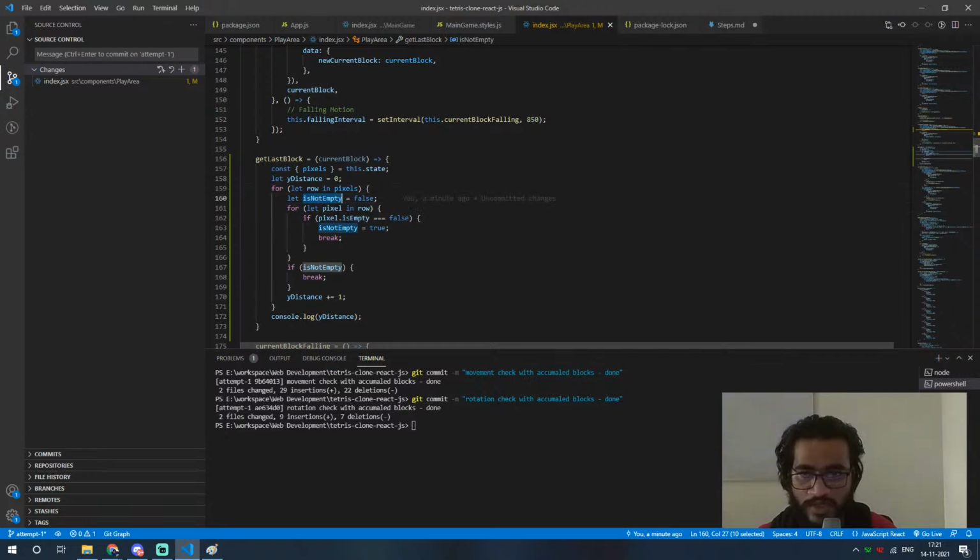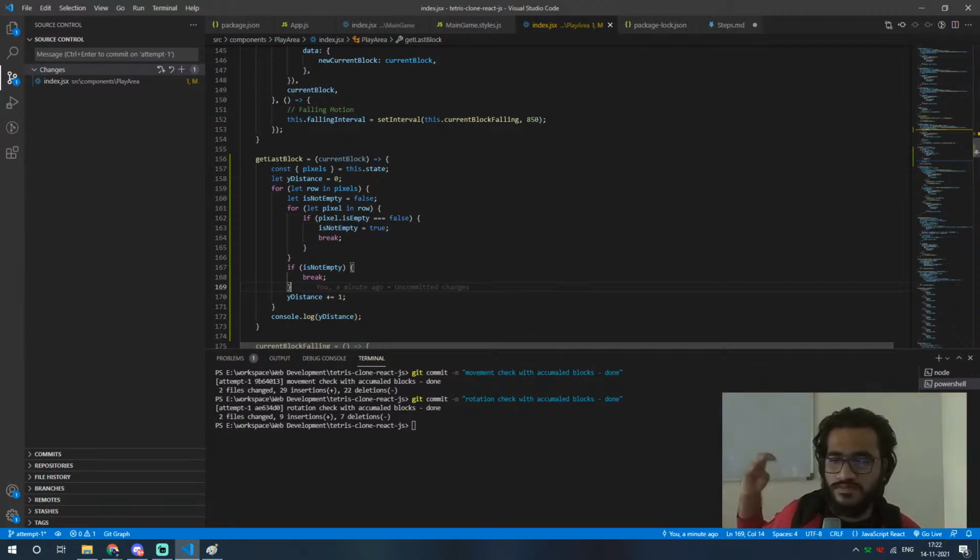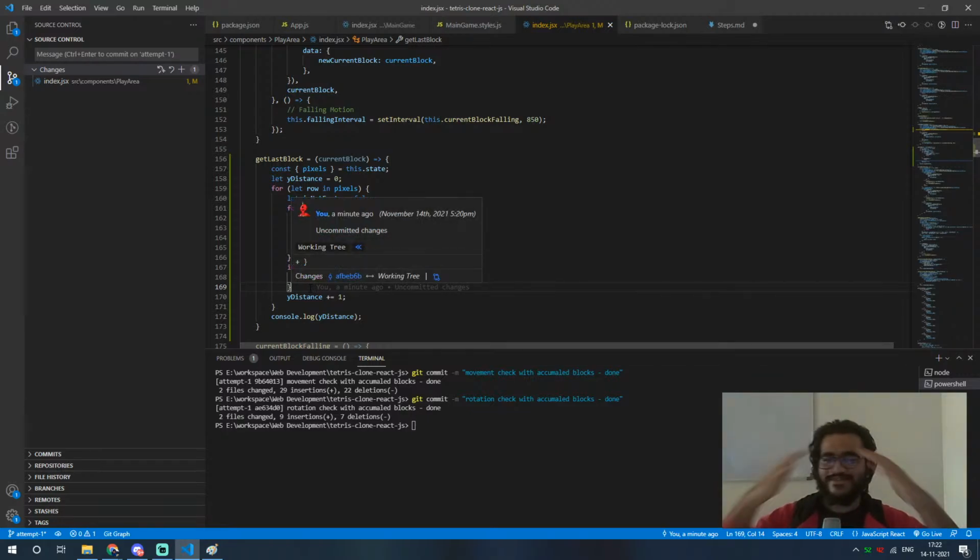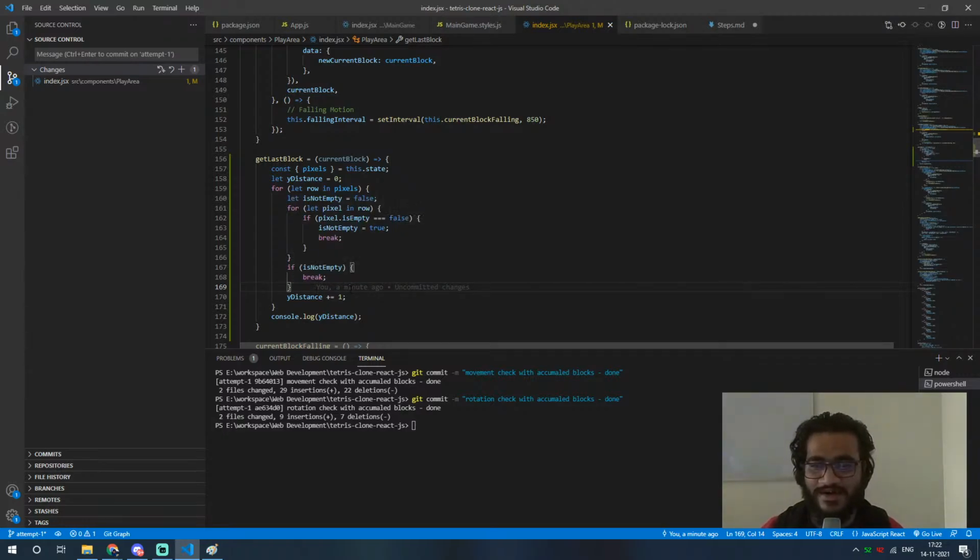This, and when not empty is true, it will again break the loop, creating... yeah, again it will break the loop. Sometimes I just lose my train of thought. Sorry for that. So when this for loop breaks, and if this is true, another for loop breaks,